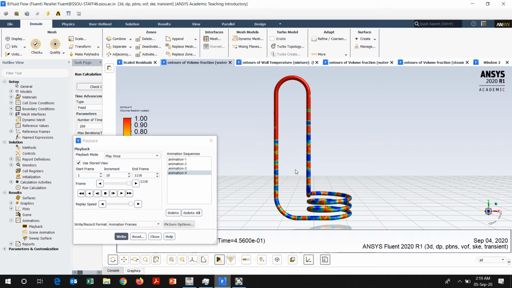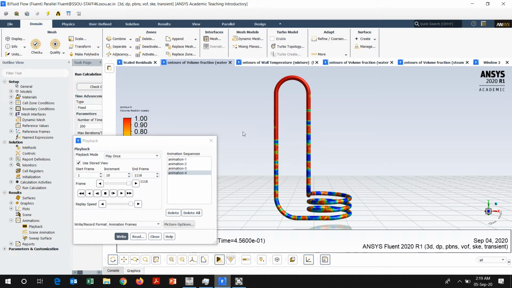Welcome to this session. Today we'll go on to see the closed loop pulsating heat pipe with some turns in the evaporator section and a single turn in the condenser section. Now, how is the fluid flow developed as we are considering the pulsating heat pipe? We must have a pulsating action taking place inside the tube.